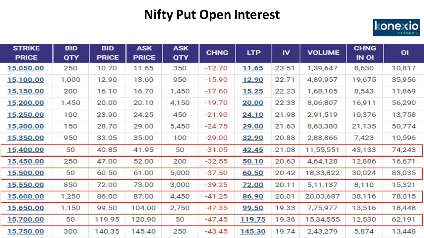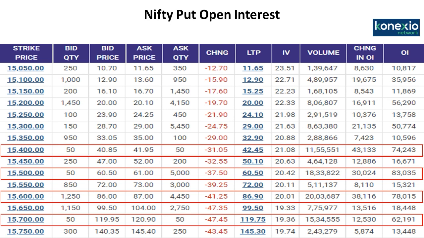That is the reason why we are seeing that the markets are moving slowly and gradually on an upward trajectory. So maybe this is indicating that smart money might have started writing the Nifty puts, which will push Nifty on the upside. So any dips should be used as a buying opportunity